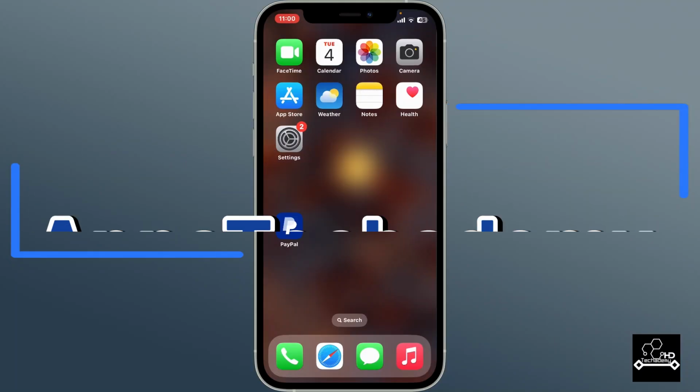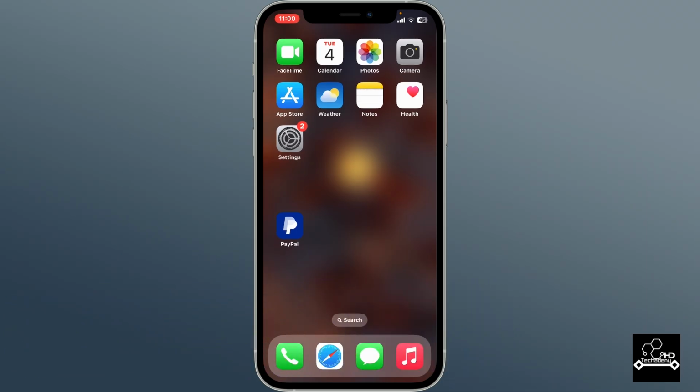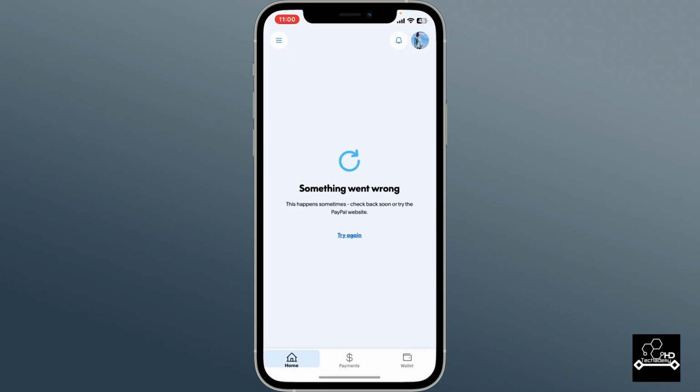Today in this video, I'm going to show you how to send money to PayPal. If you need to send money, whether to a friend, family member, or for goods or services, PayPal is a convenient option. First of all, open the PayPal app on your device and make sure that you're logged into